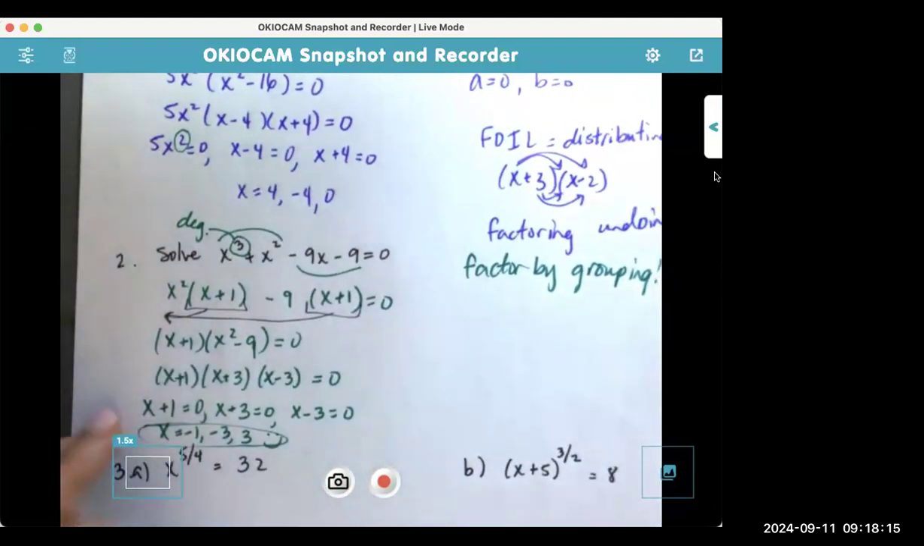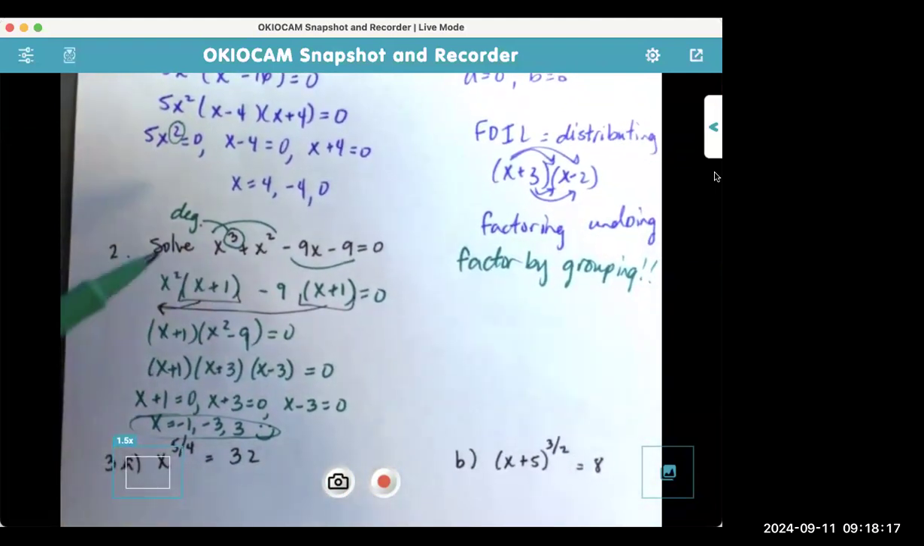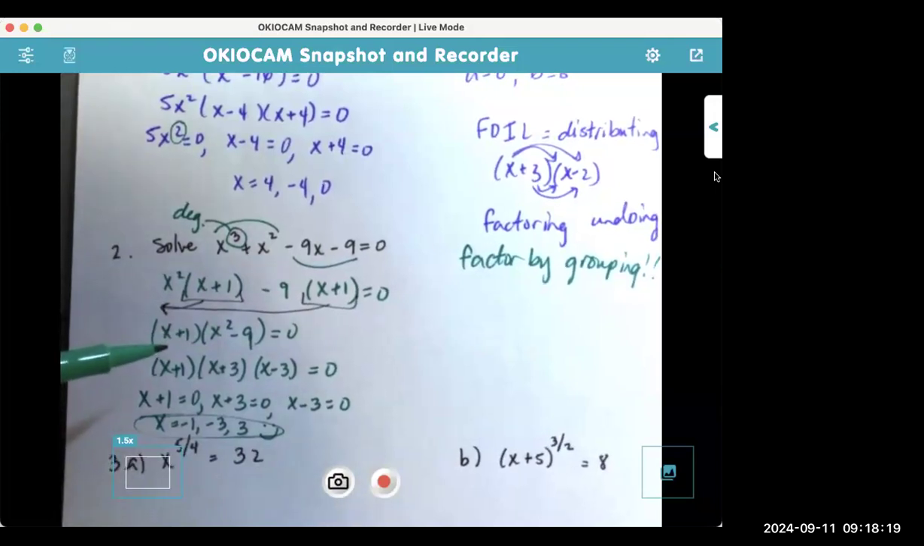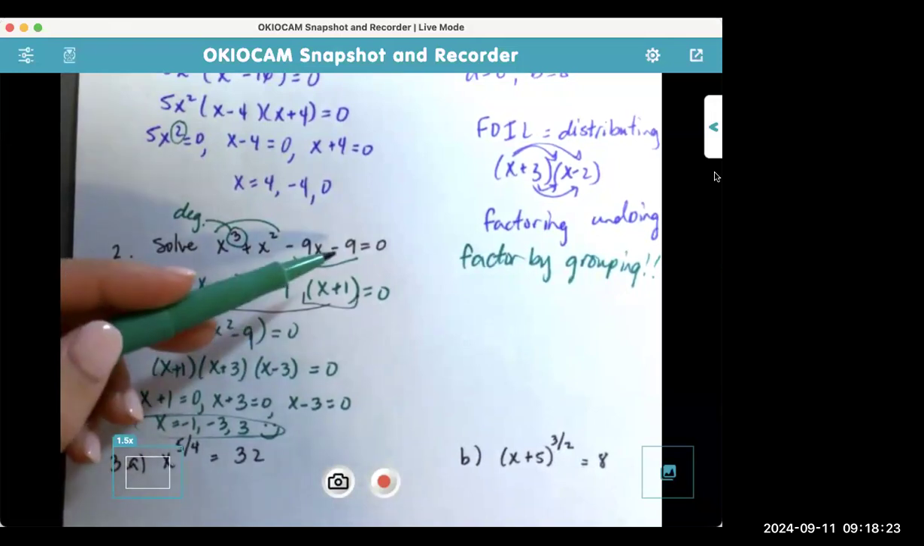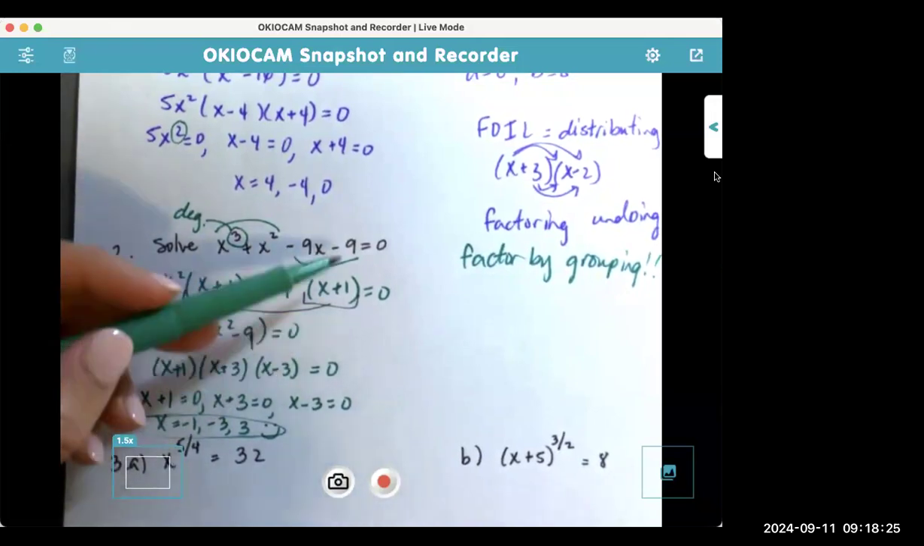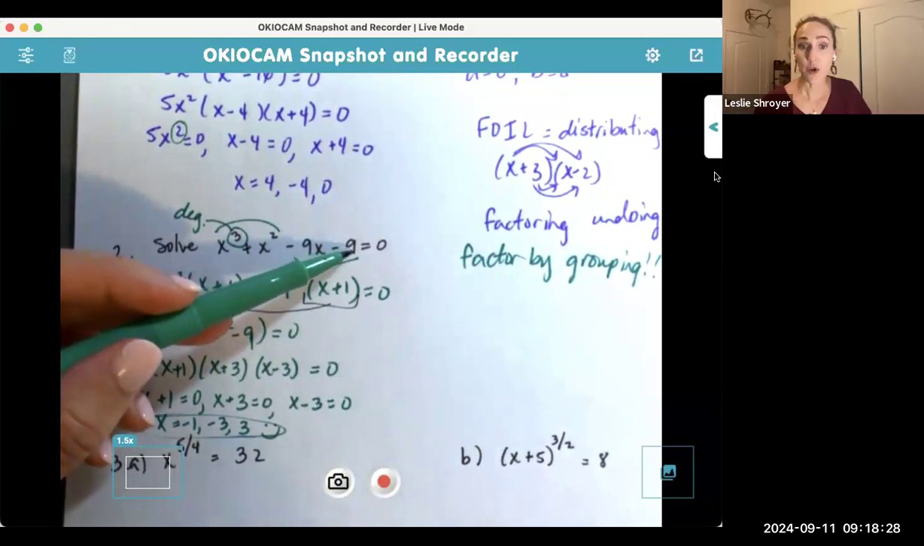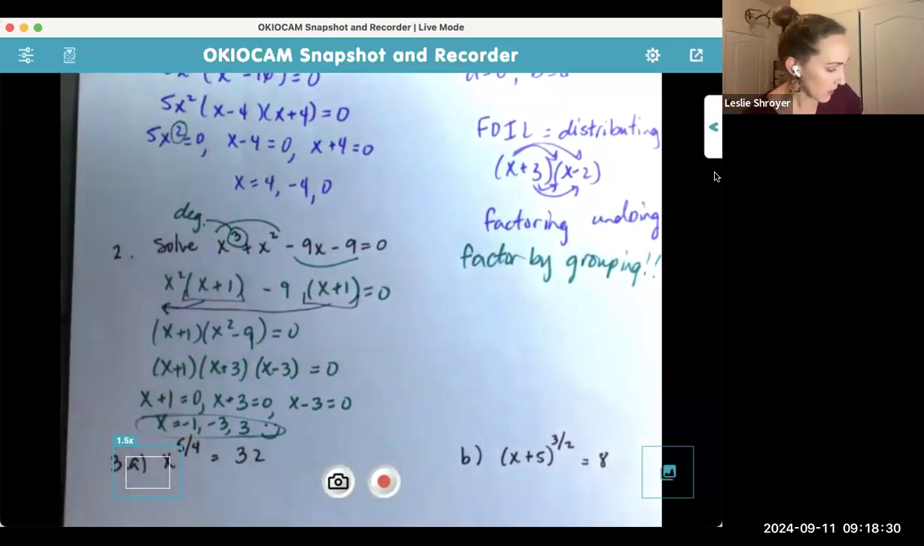How did you get x plus 1 from the negative 9x minus 9? How did you get that, the leftover? Good. So here, it's technically whenever we have